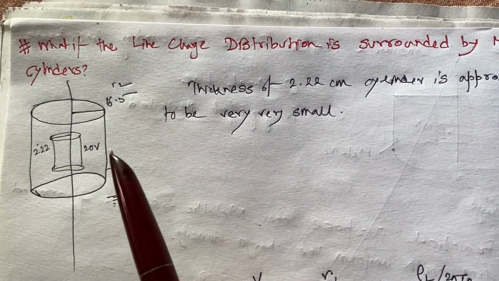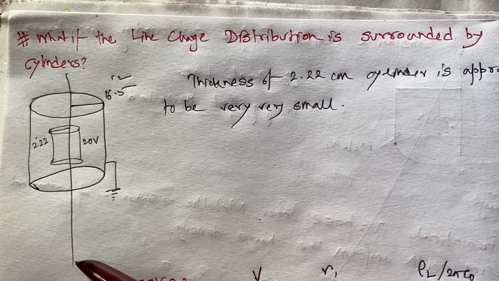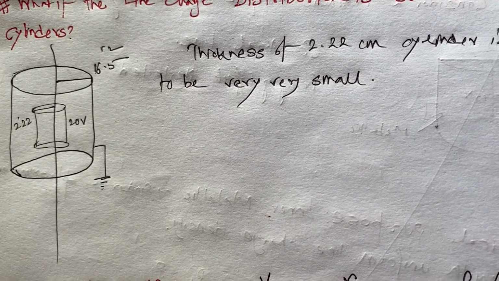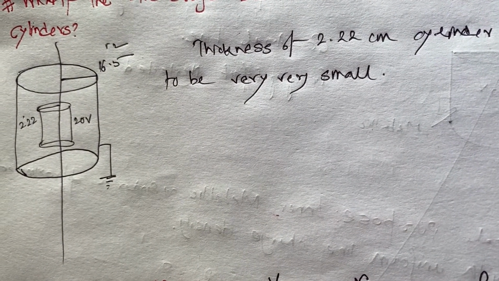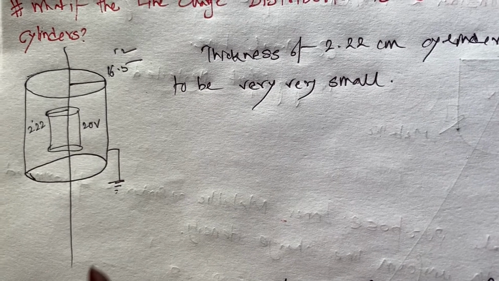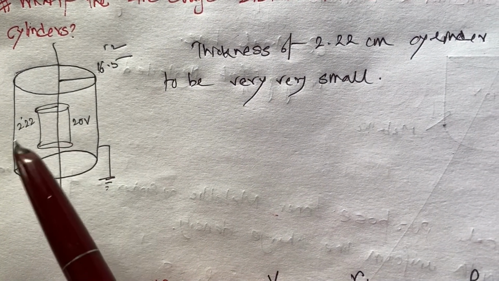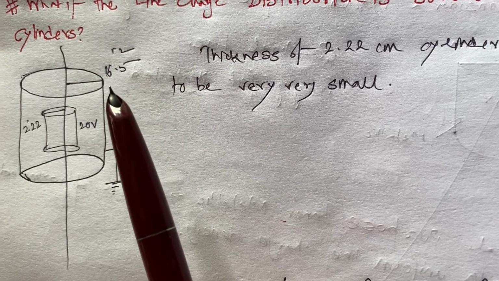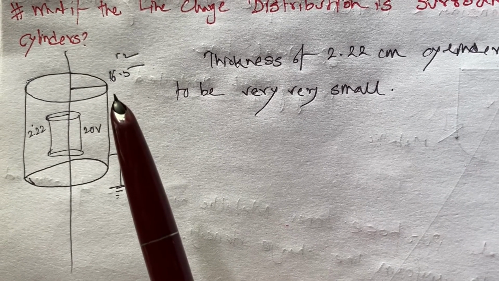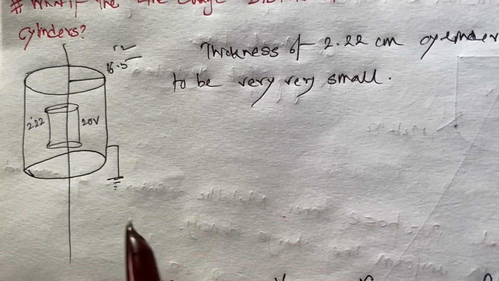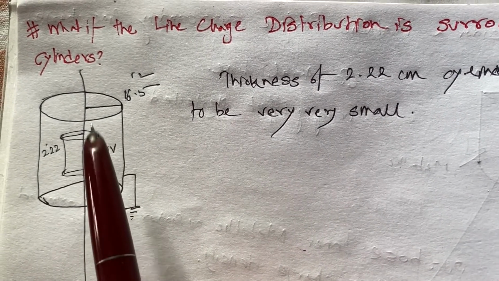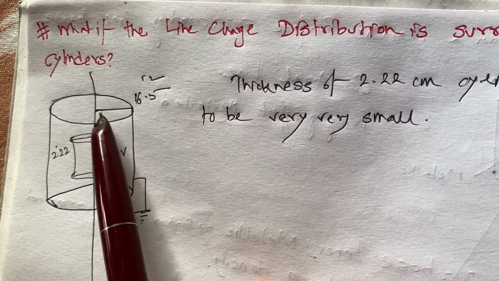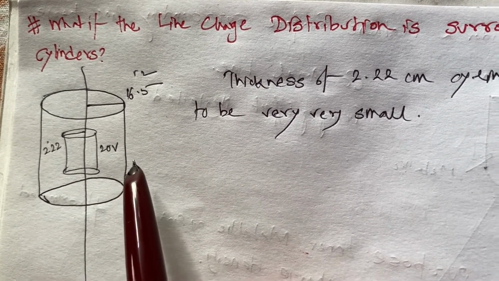For example, suppose I have this line charge distribution. First, I have to make a choice of my reference point. From the previous problem, I have shown that the reference point is at R2 equal to 16.5 centimeter, where the potential is equal to 0. So here I have put a metallic cylinder surrounding this charge distribution at 16.5 centimeter from the line, and this